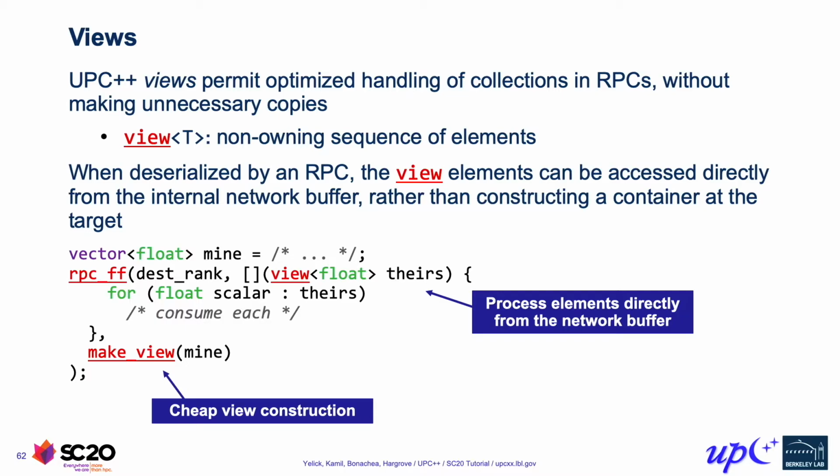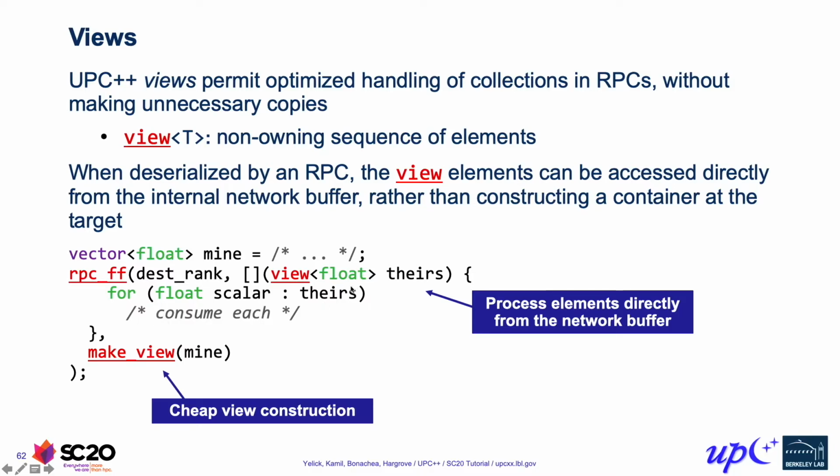So in this case, rather than giving the RPC a standard library container, if we give it a view instead, we can do that by just constructing a view over the container. You can also construct a view over two iterators. When you pass this view to RPC, it does convert all the elements to their byte representations. But then on the receiver side, the data sit inside a network buffer. And so you get back a view over the network buffer inside the RPC callback itself. And then you can iterate over the network buffer itself.